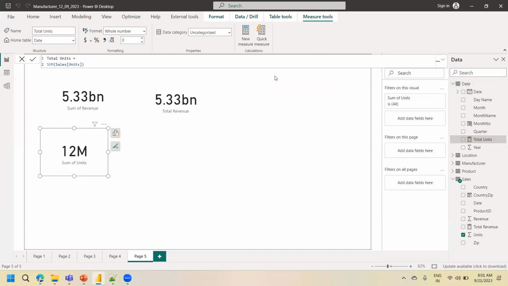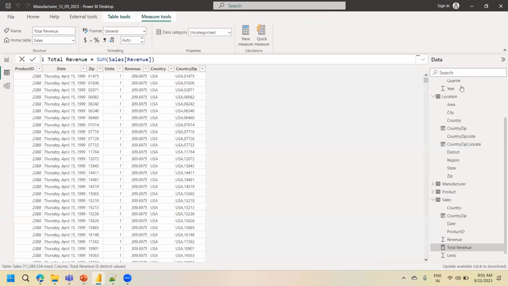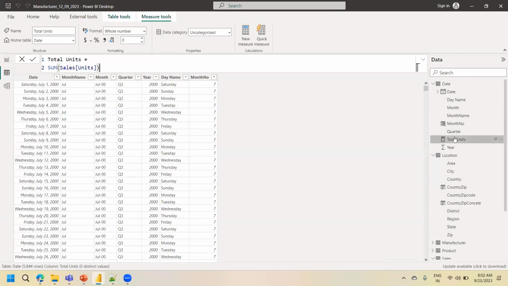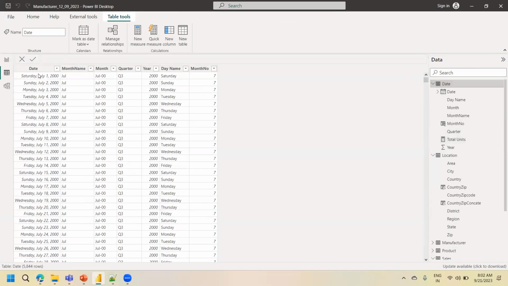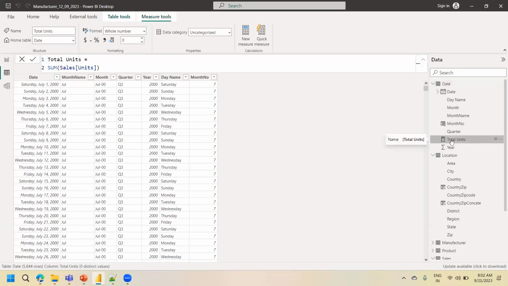As I said, the value, the total units which you have derived by using an explicit measure, gets stored in any of the tables. We don't know. It will get stored and be available in any of the tables, though we don't have this units column. So in this date table, I don't have any unit column. See this, these are the fields: date, month number, month name, quarter, month, day name, analysis. These are the fields that I have, but I'm not able to see any units here. But the output of this total units, which is an explicit measure, gets stored